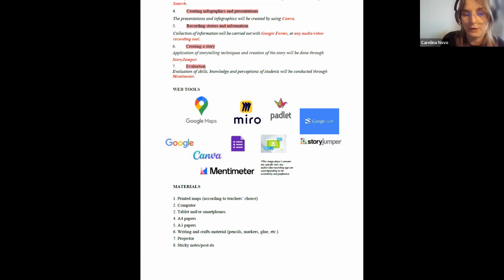So the materials you can see are very simple, mostly writing and crafting materials, so they can write and create something a little bit more artistic. But other than that, just paper, post-its, the normal things that you have at school.